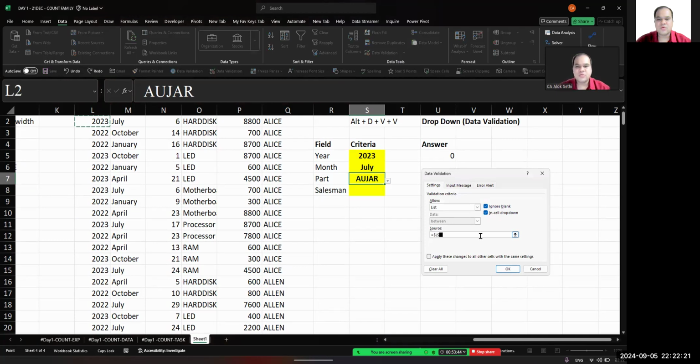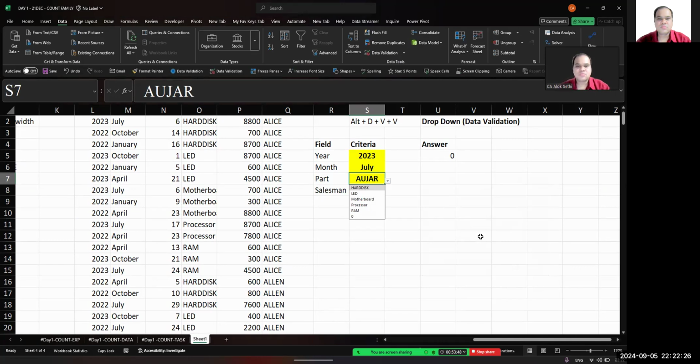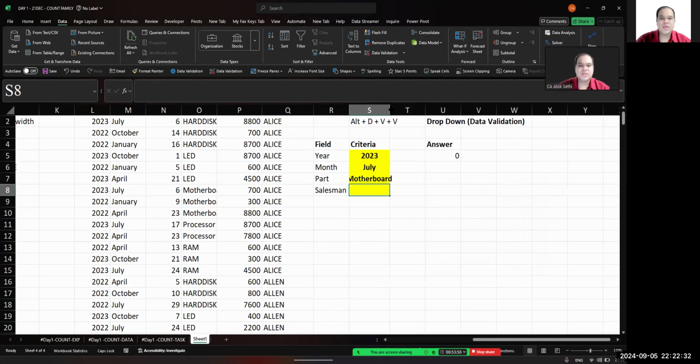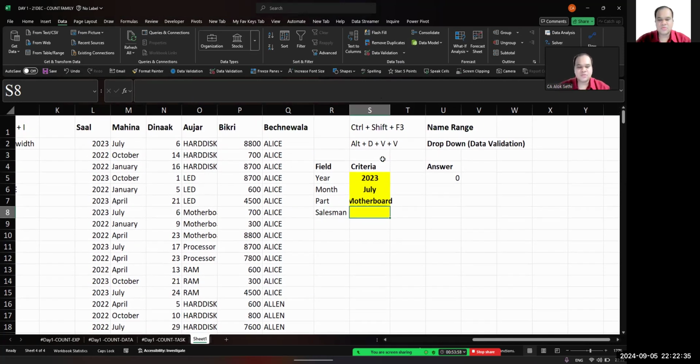Let us put equals to now. Equals to Azar. Now I have got the list. Okay. So equals to लगाना पड़ेगा इसका मतलब when you are typing it. Otherwise you can select the list. And last, salesperson. So equals to